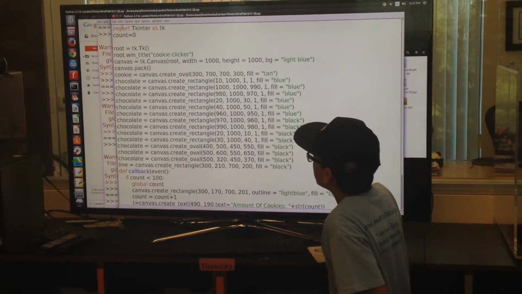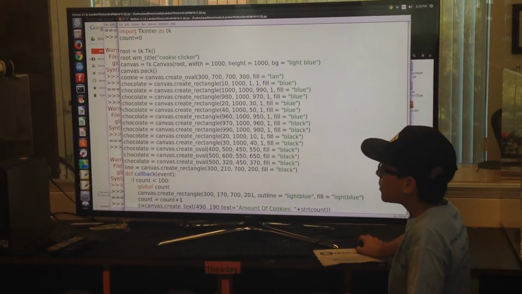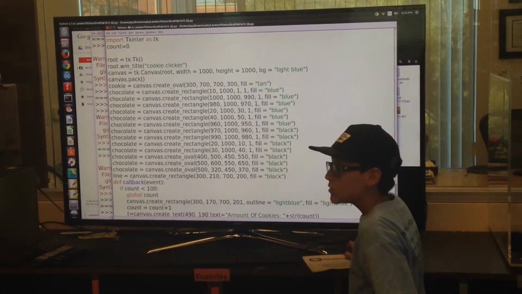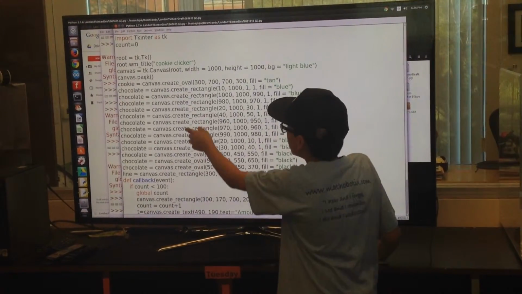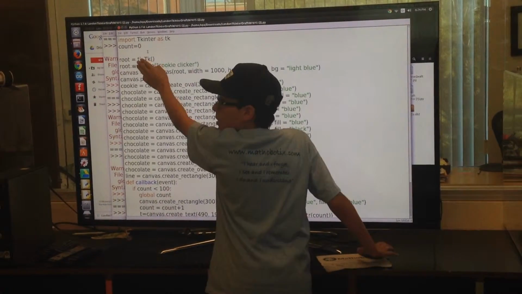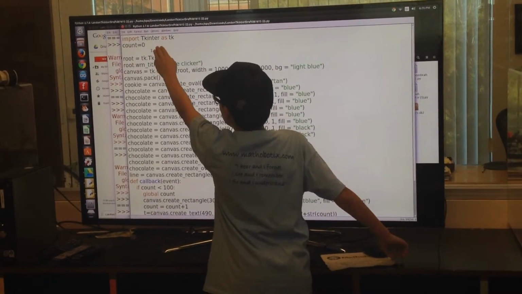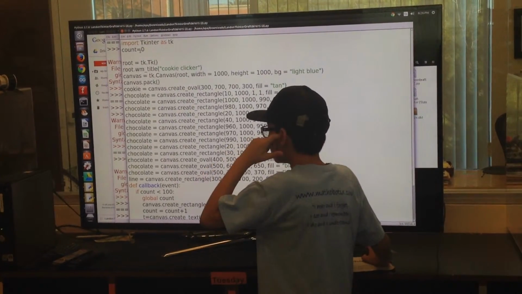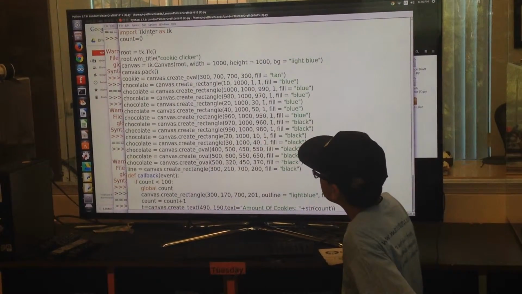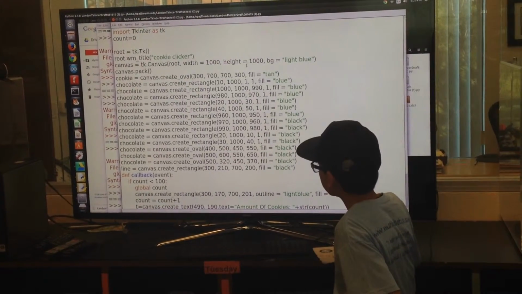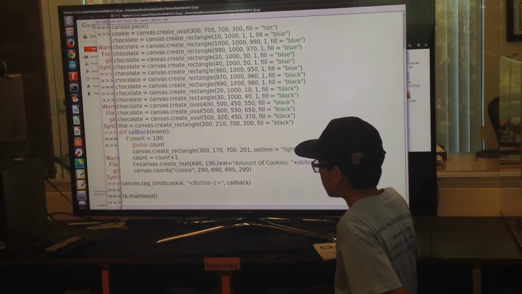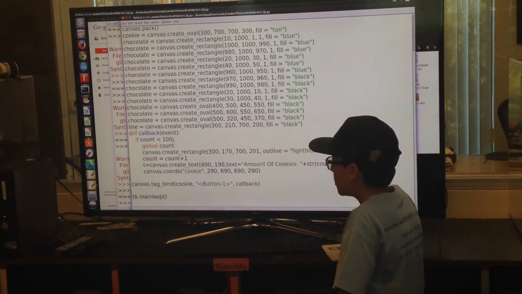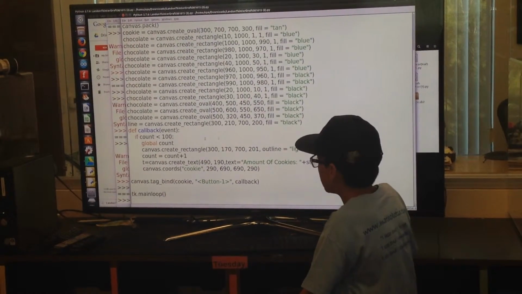This line of code right here, the very first, I use this library called Tkinter, which is also in the name of it. So this line right here means import. It imports the library used to create this as TK. So this count is 0. The count equals 0 is because down here, global count, if count is less than 100, then it can